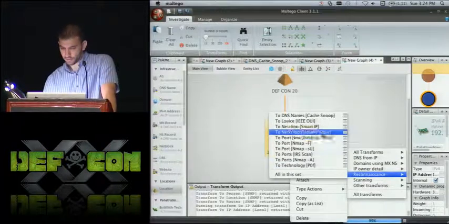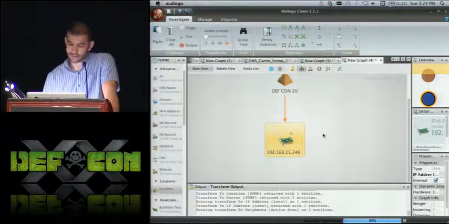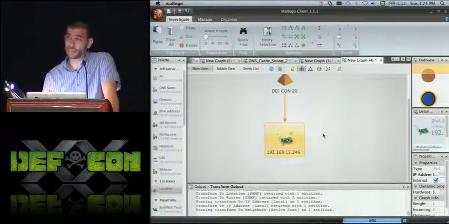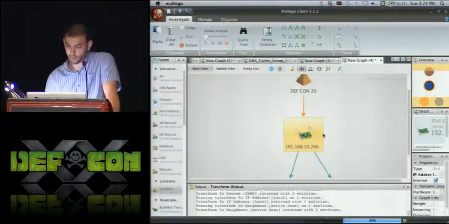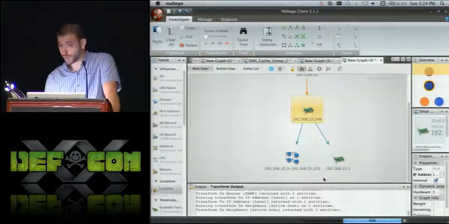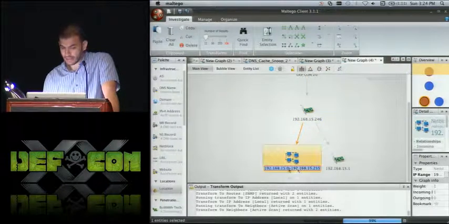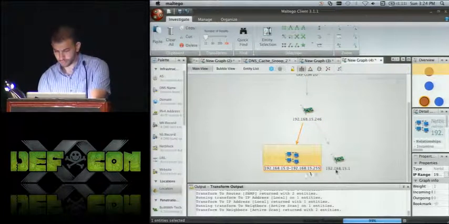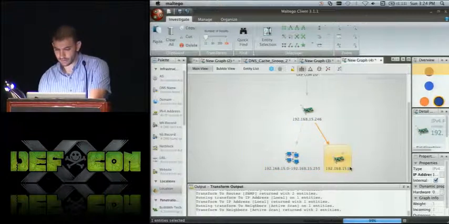To neighbors. So this will find the active neighbors in your network. And so we found just one, which is the router, and that's fine. And then let's just pretend that we found another one here. So let's put in 245.